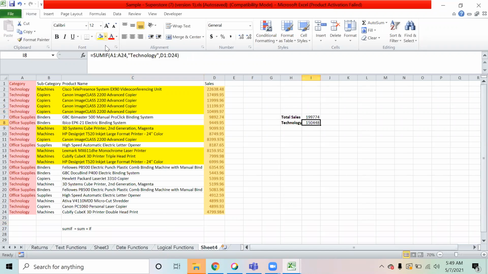So you have to say SUMIF. First of all, you select that range where the criteria is lying. Then you apply the criteria for what value you want to find the sum. And then for what thing do you want to find the sum? You want to find the sum for sales, profit, whatever values you have, you can apply them.